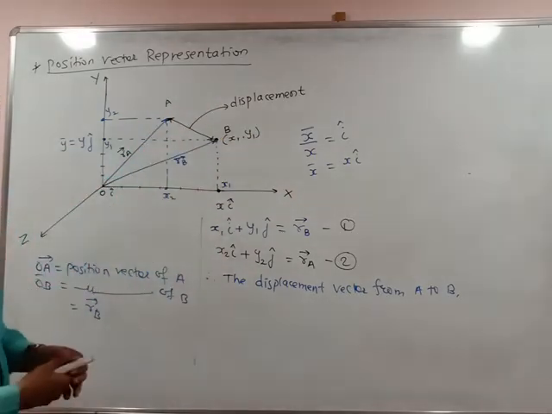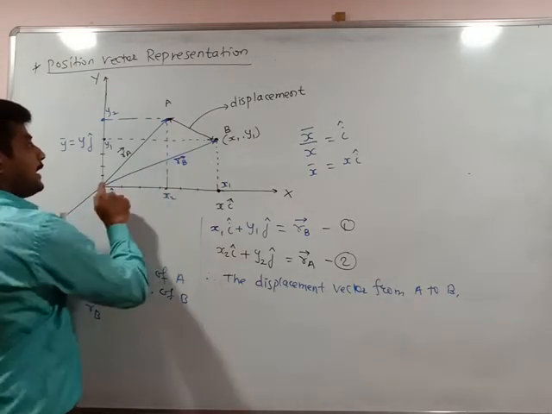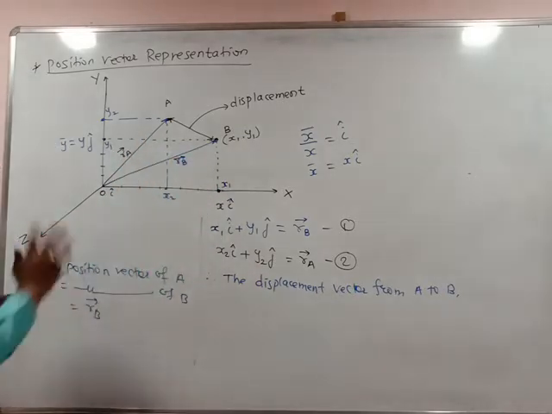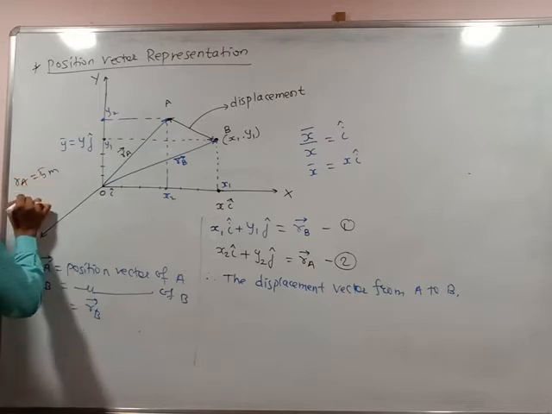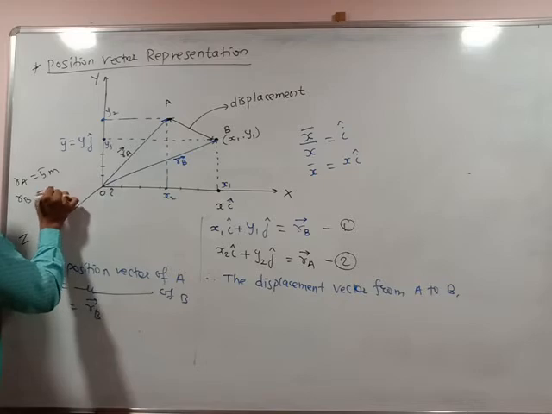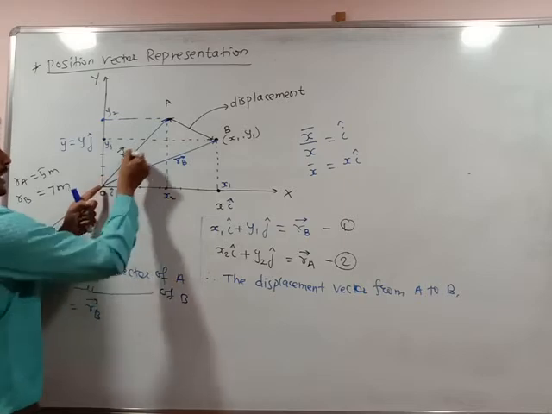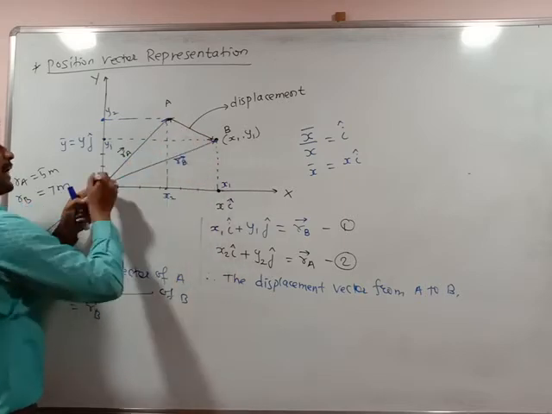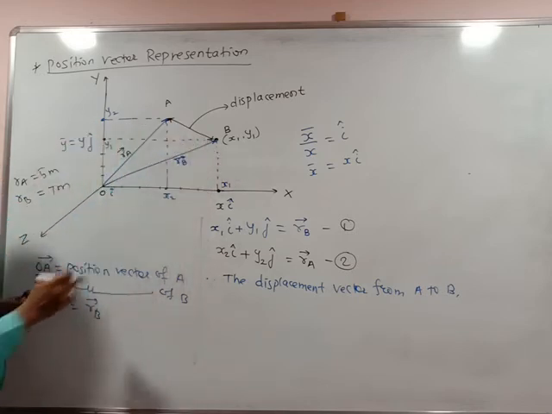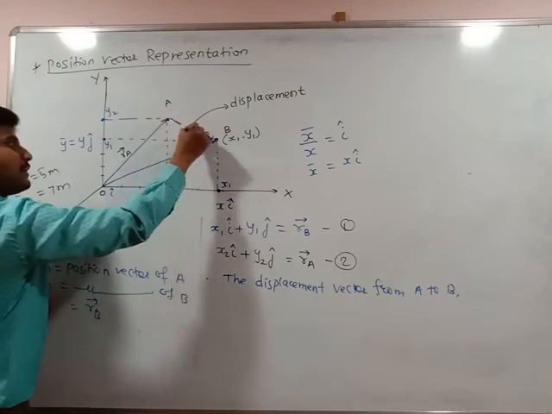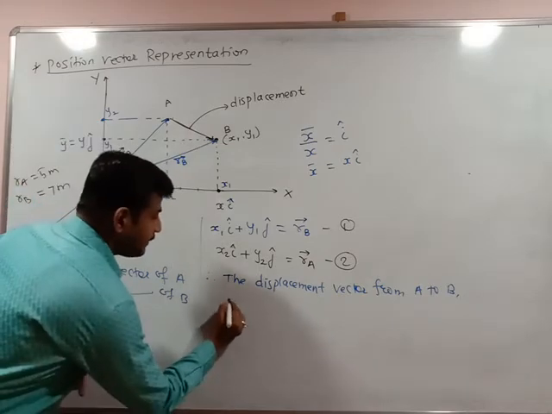So this AB you can write as the shortest distance. See, this is RA and this is RB. Which is greater? Suppose the RA vector has magnitude 5 meter and the RB vector has magnitude 7 meter. Of course, the magnitude of RB, 7, is greater. The magnitude of RA is less, that is 5. So I can write RB minus RA, I will get this displacement. Okay, so this gives the displacement vector. I can write it as d bar.